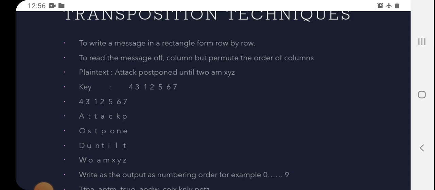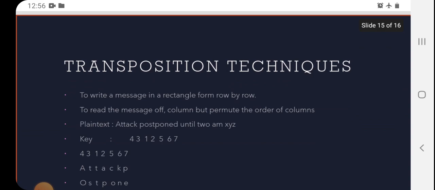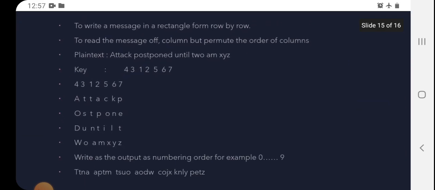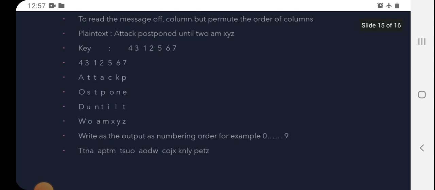So I write it as ATTACKP, then OSTPONE, then DUNTILT, and at last WOAMXYZ. Now when you want to read the output,